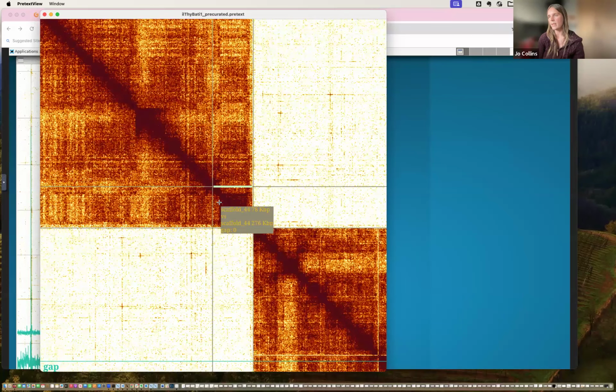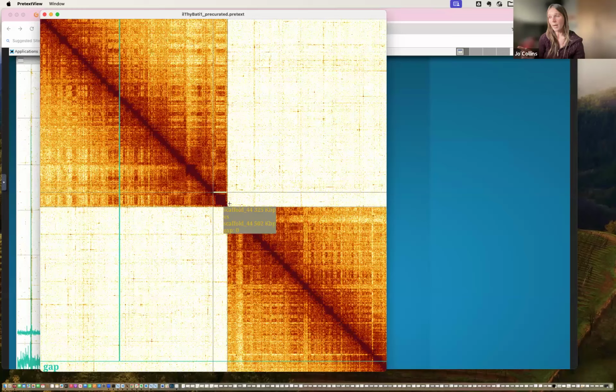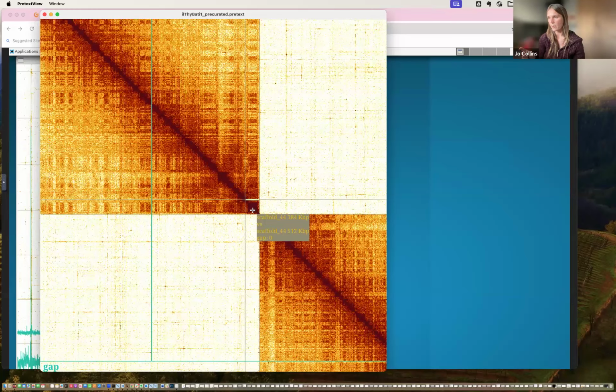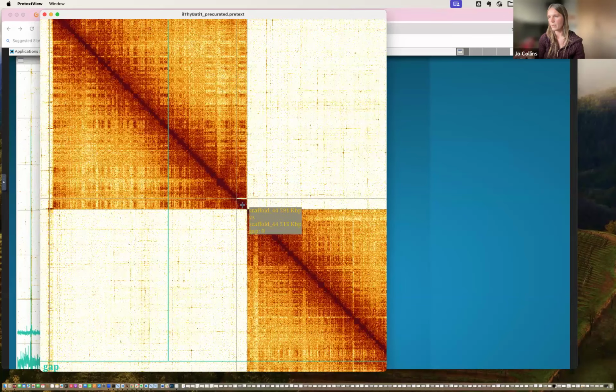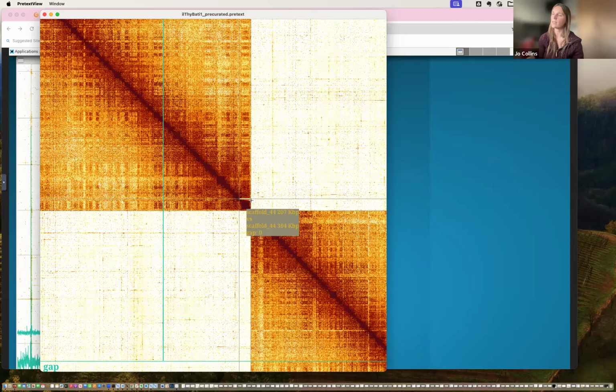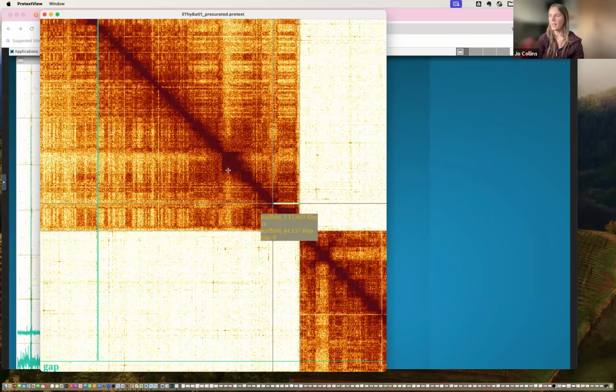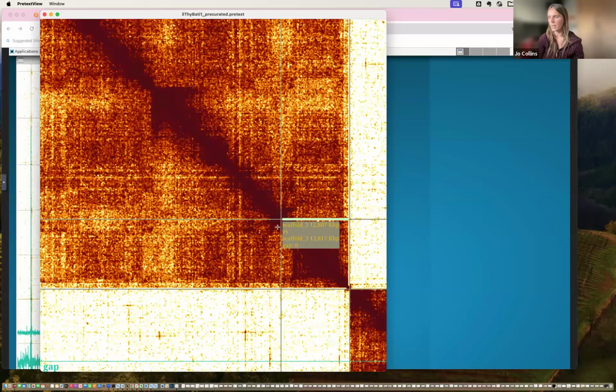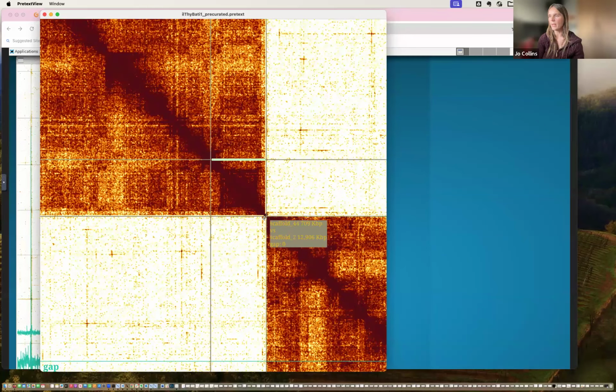And what you can see already is that the correct position for this piece of shrapnel is at the end of this scaffold, because we've placed this, we have strong contact all the way through that region. You can see as well we've got a bit of telomere on the end, because like I mentioned before, in Lepidoptera often the scaffolds come out of the auto-assembly process T to T, and not only can you often see that on the